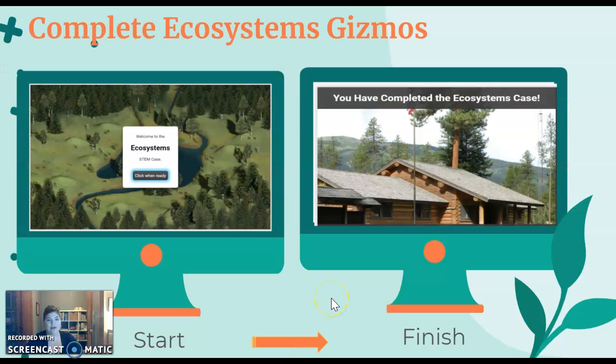Okay, so the last part of this lesson is to complete the ecosystem's gizmos, and to do this you'll use the link provided by your teacher. You will complete the gizmo from start to finish. Until you see this "you have completed the ecosystem case" screen, you have not finished. So make sure you get to that final